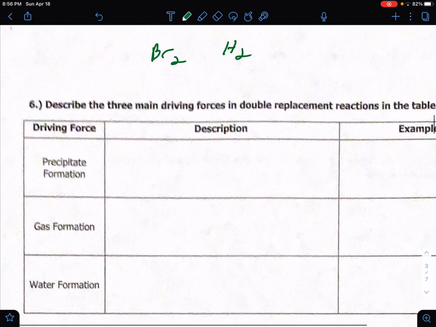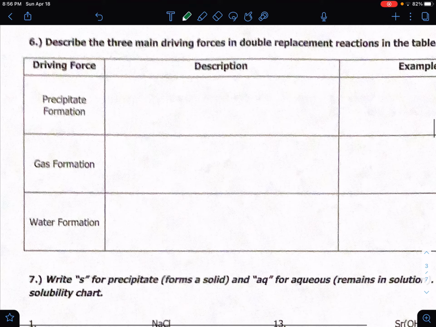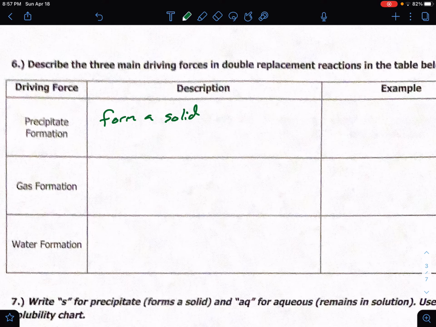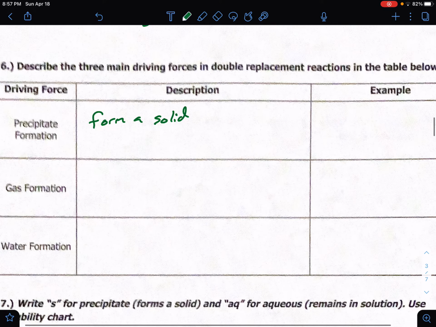So let's move on to this one. We talked a little bit in class about the main driving forces for double replacement. First one is precipitate formation. This is basically when you form a solid. That's a kind of driving force. Usually you're going to see those in your double replacement reactions, because that's when something doesn't fall in the